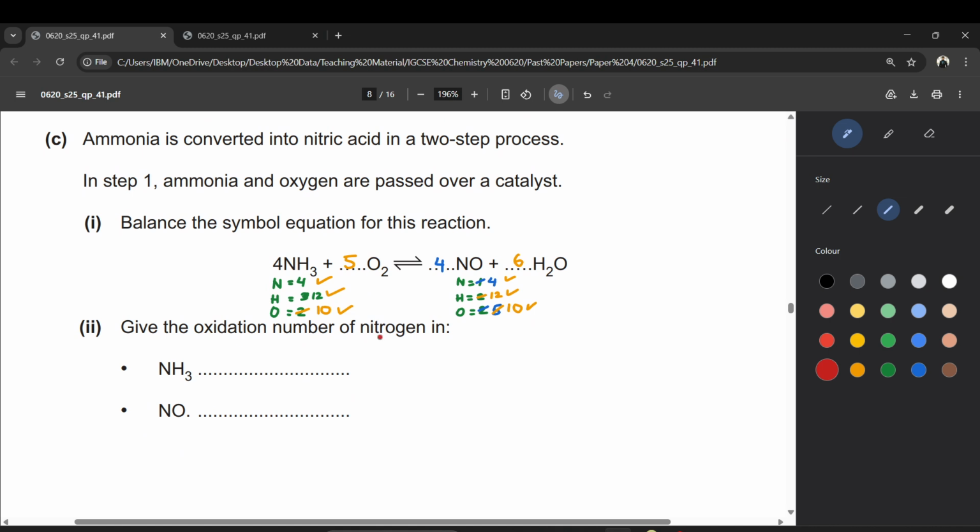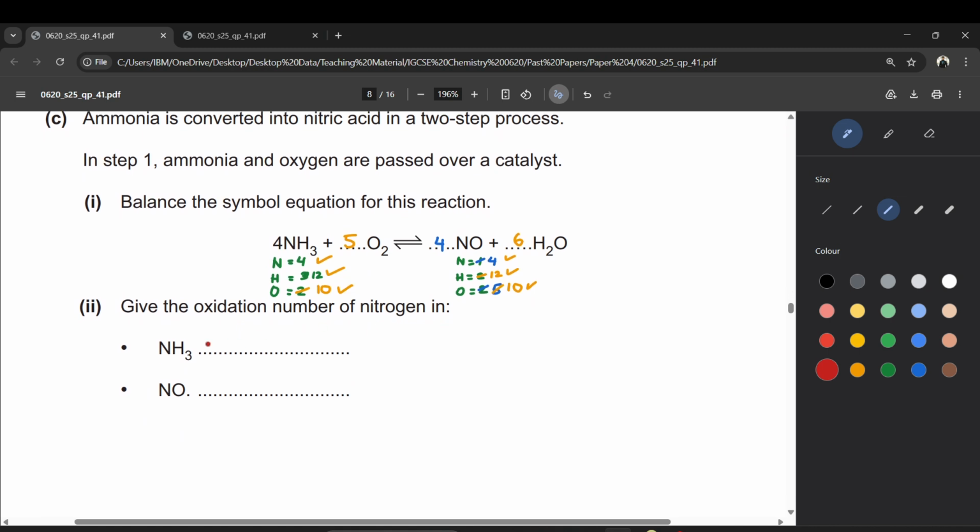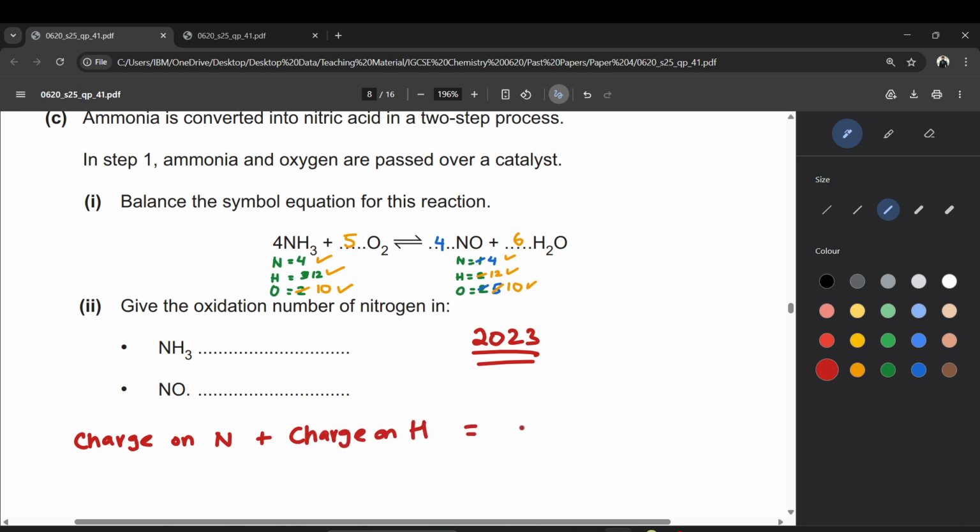Then it says give the oxidation number of nitrogen in NH3. Now this is something that was added in your syllabus in 2023, so you won't find questions of this type before that. Now how do we do this? First of all, I'm going to say that the charge on N plus charge on H is equal to